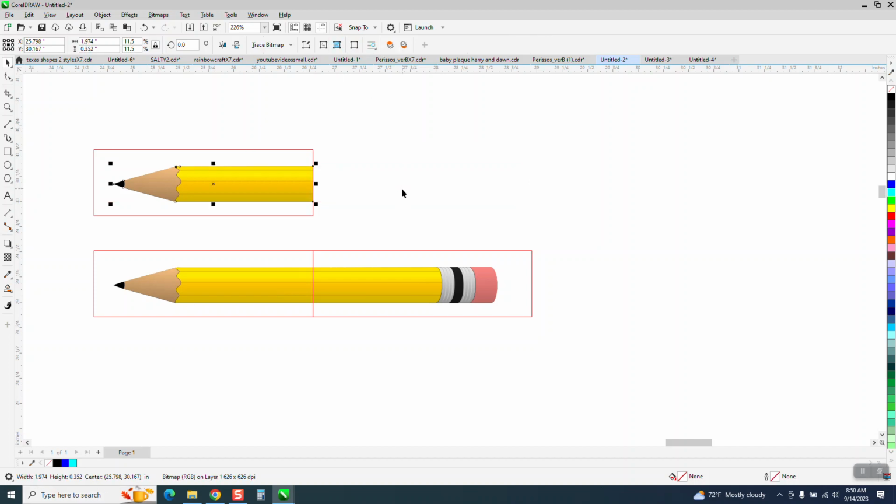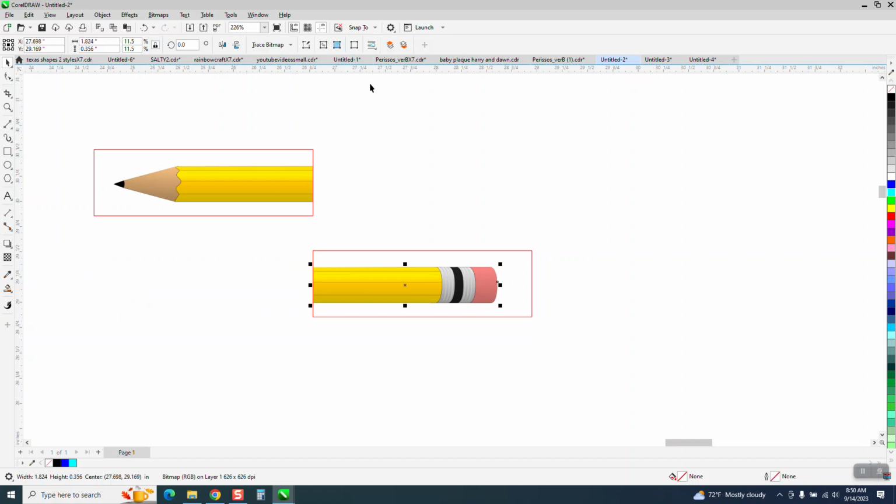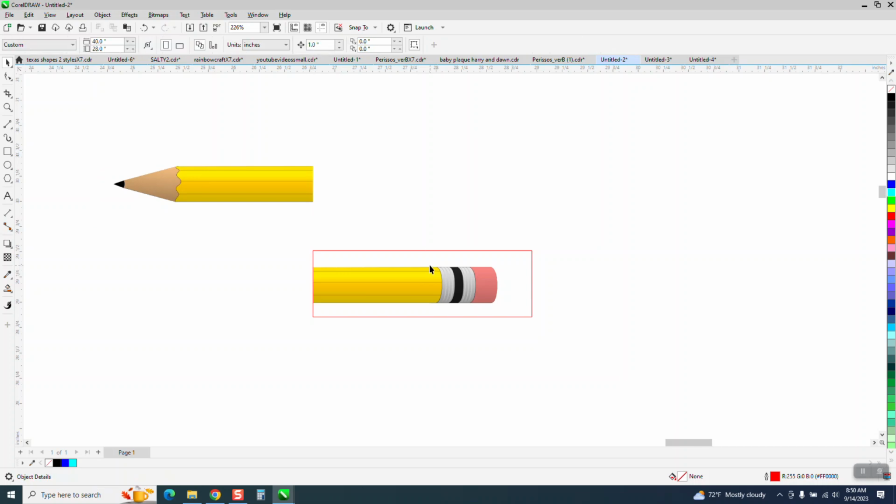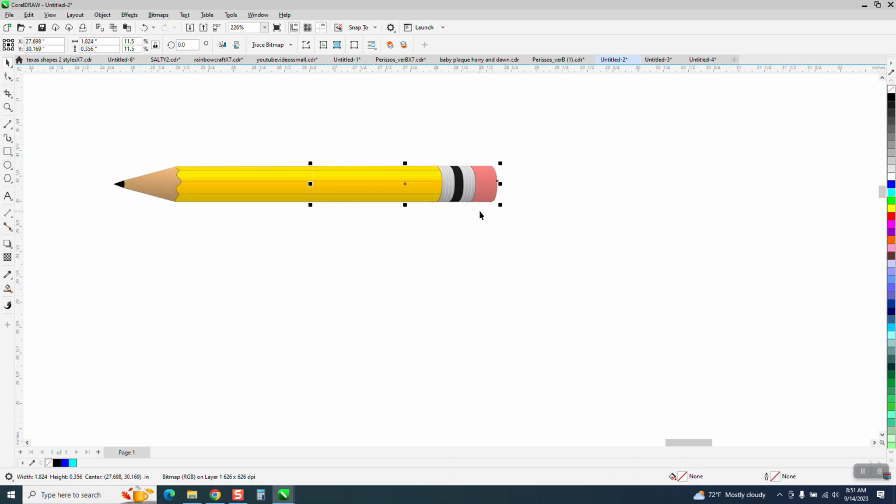And I'm going to go Back Minus Front. That took away that part of the pencil. Now I'm going to grab the pencil. I didn't get it all. I'm going to hold down the Shift key and grab this box. Whoops, let me do that again. I clicked off of it. Hold down the Shift and click this box and go Back Minus Front. That cut out the other part. And because I've nudged, I can put my pencil right back up and make it a pencil. And then if I want it separated by, say, a half inch, I can just grab it and separate it